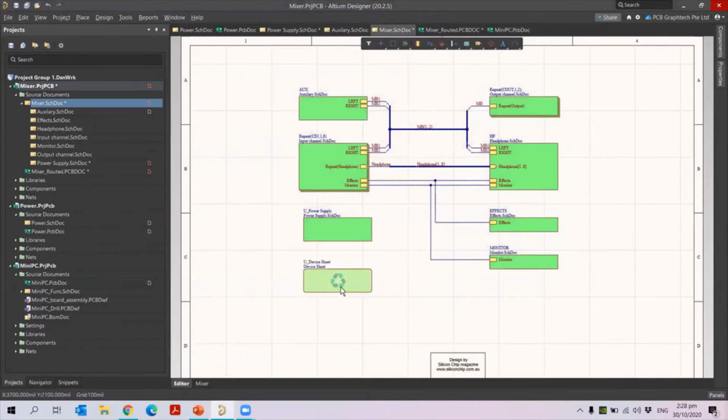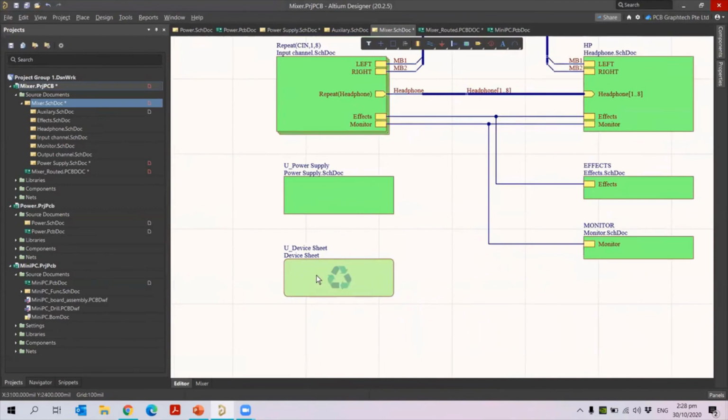Okay, so when I bring it in and place it, please remember the difference between your normal schematic sheet and the device sheet. Normal schematic sheet, you have the extension of .schematic document. But for the device sheet, you will not have the extension of .schematic document. Okay, so the designator will be the original sheet name, but what represents the sheet, whether it is a schematic or a device sheet, the extension is very important for the file name. You see you have .schematic here and you have only device sheet here, no extension.